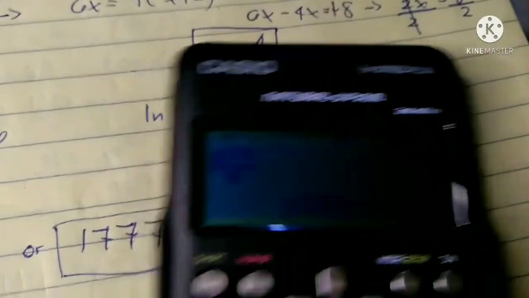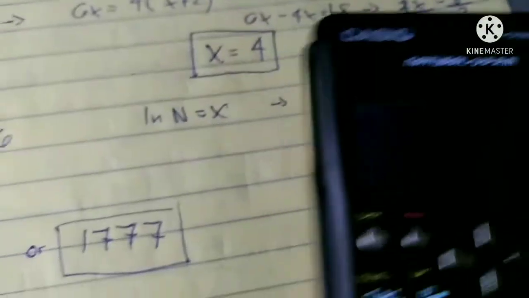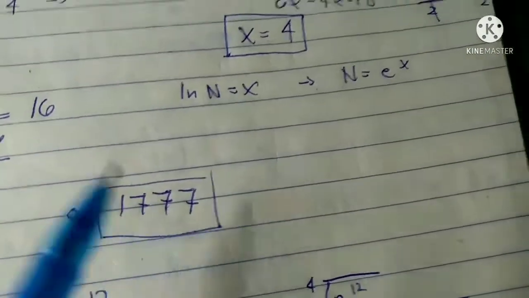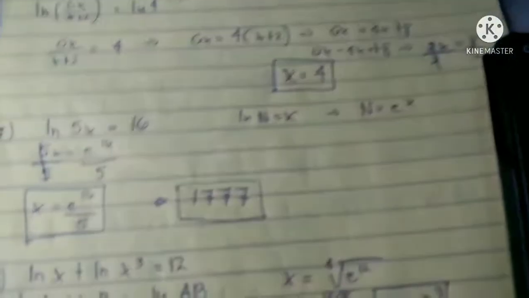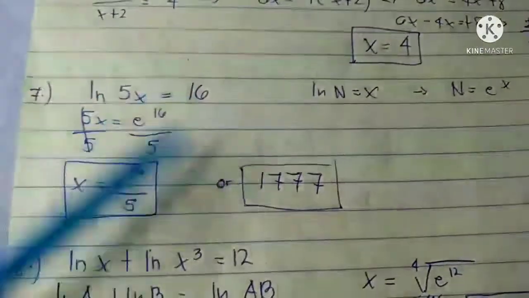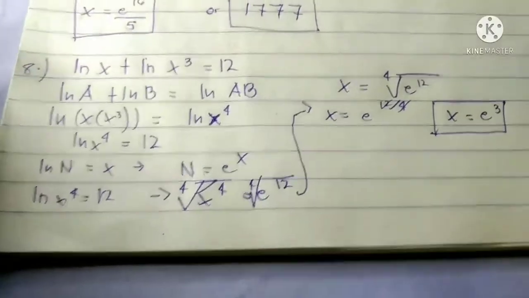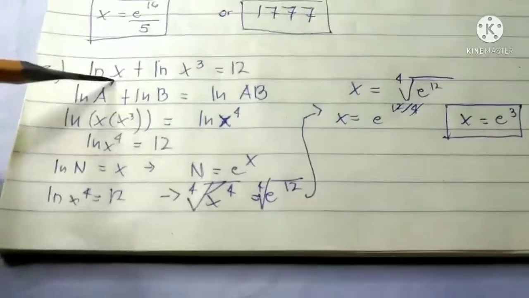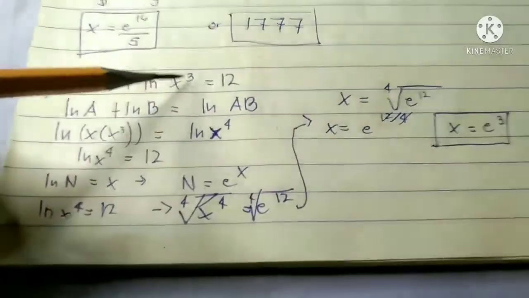If we round up this, we're gonna get 1777. That is our x. Now we are in number 8, and we have here ln x plus ln x cubed